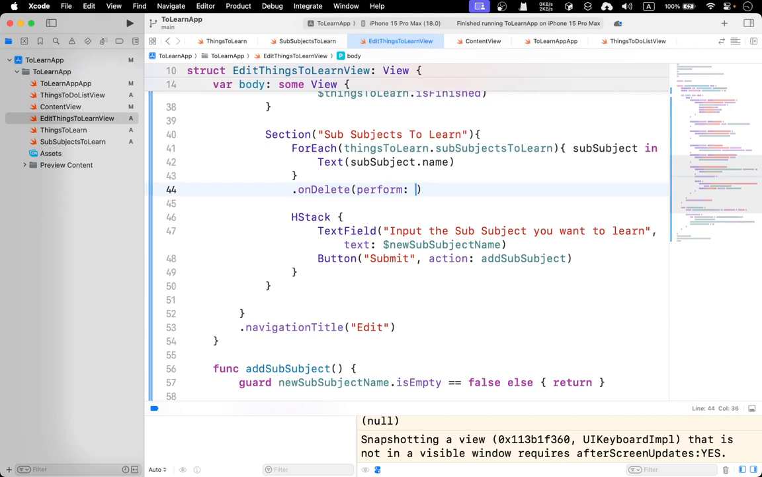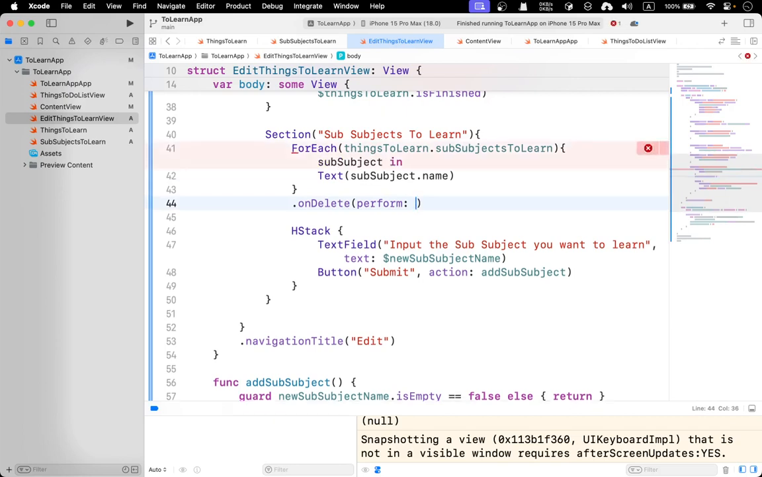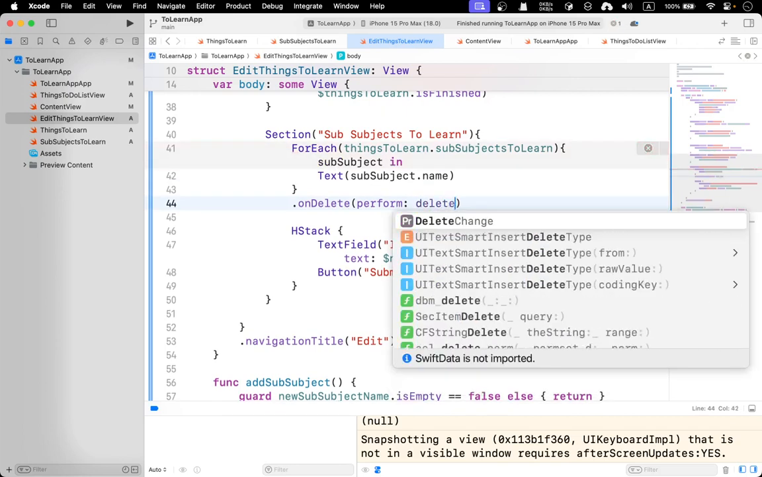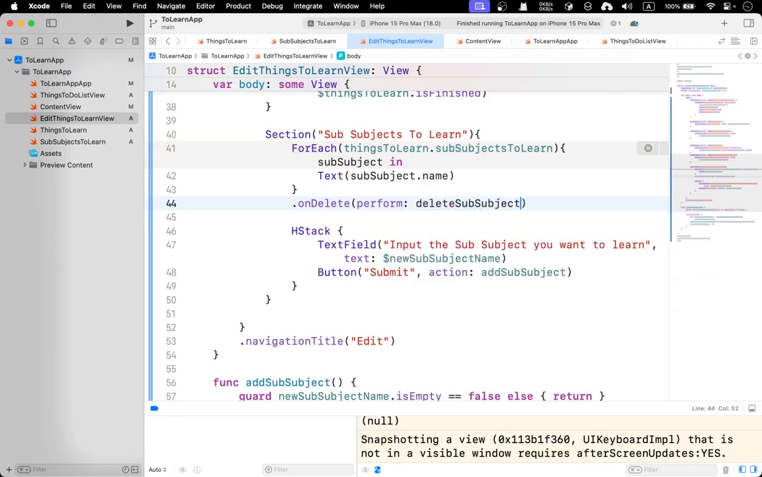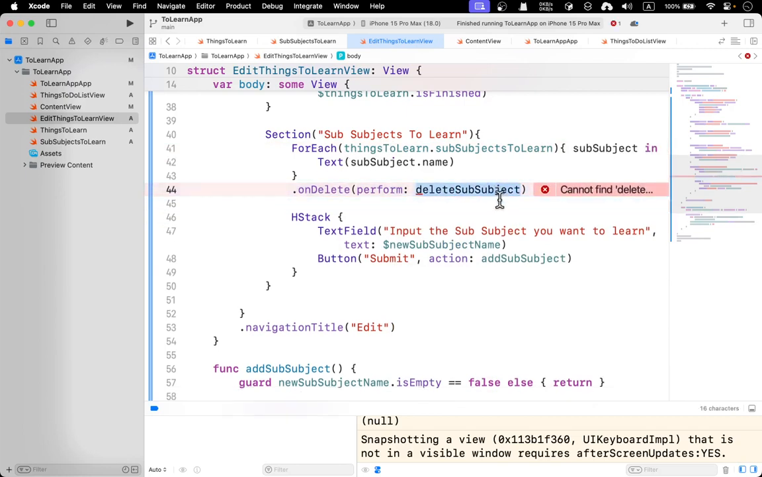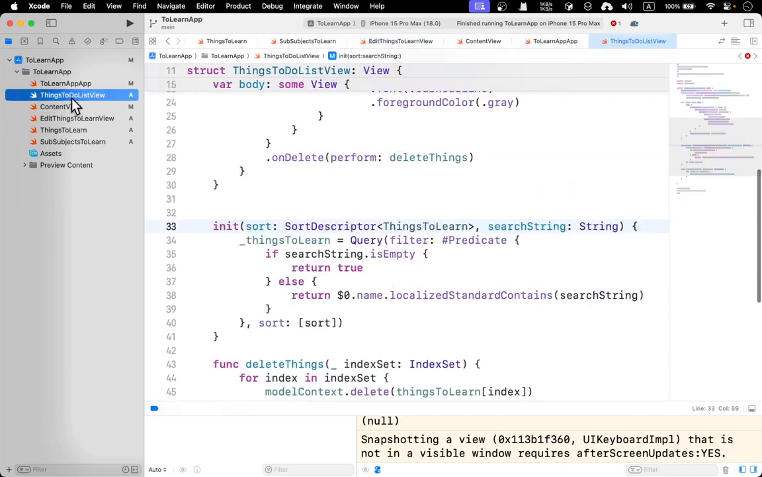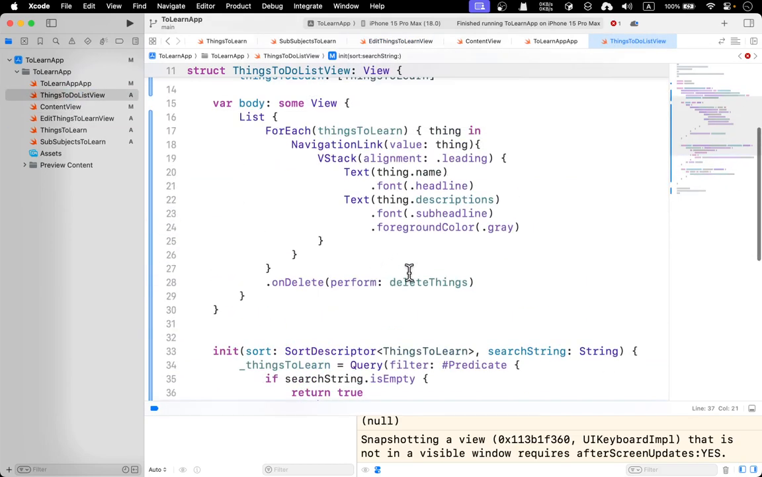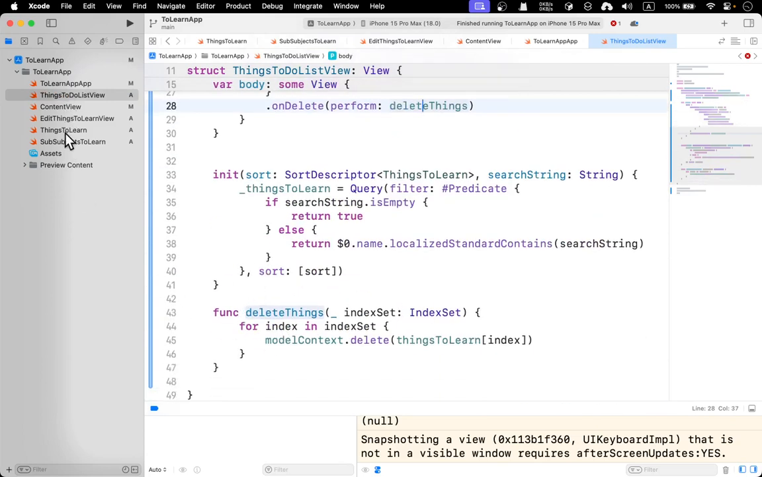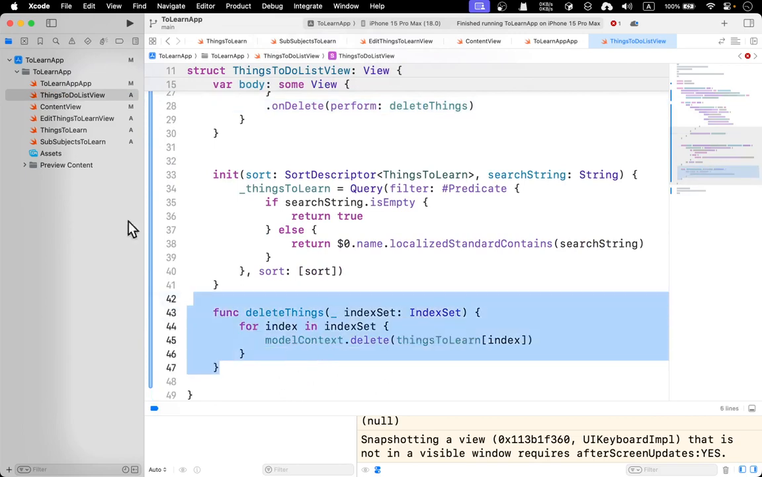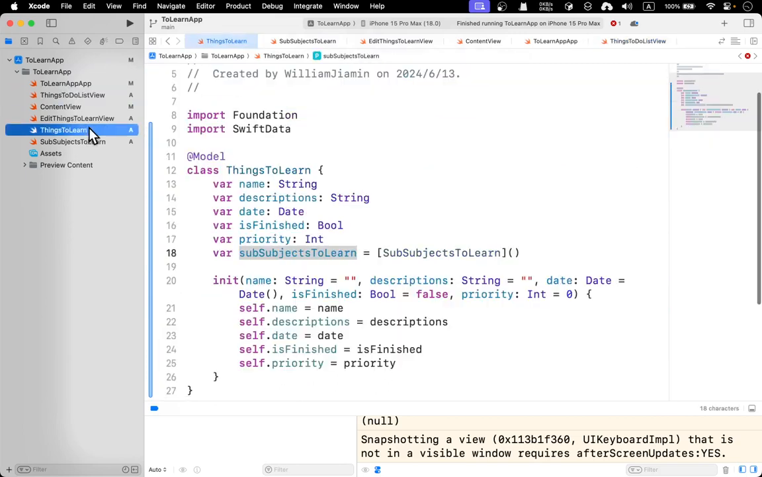I can say delete subject. Okay, so basically just write a placeholder, and it's the same as when you got the things to do list view. Yeah, perform delete, and then got the function here. Okay, function here. So let's go back to